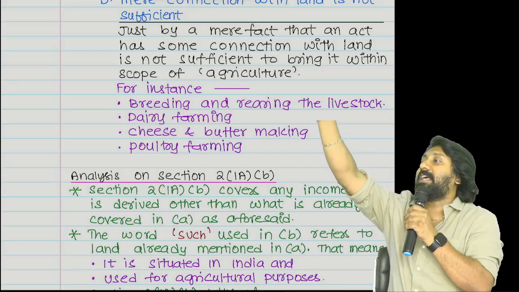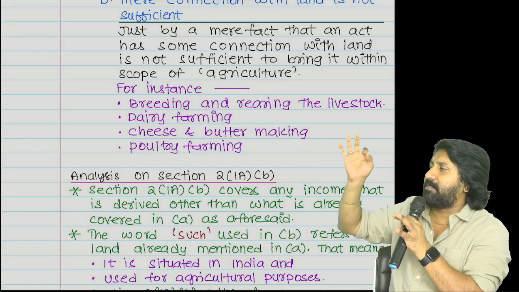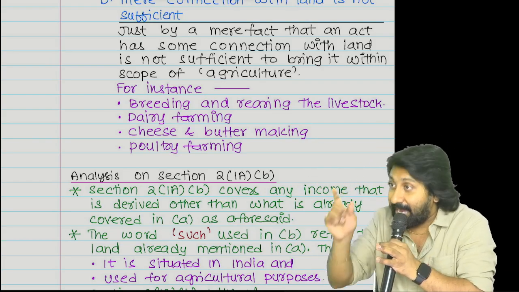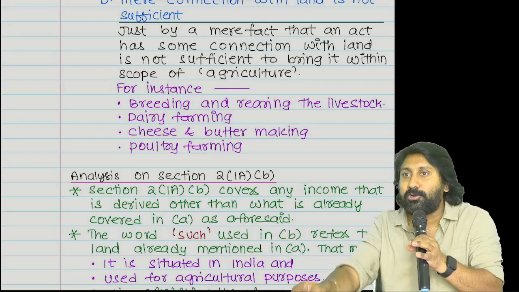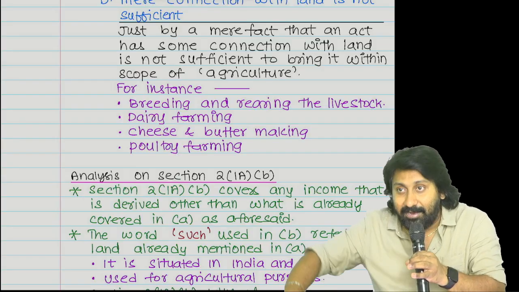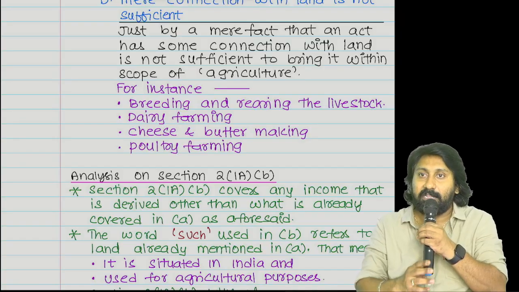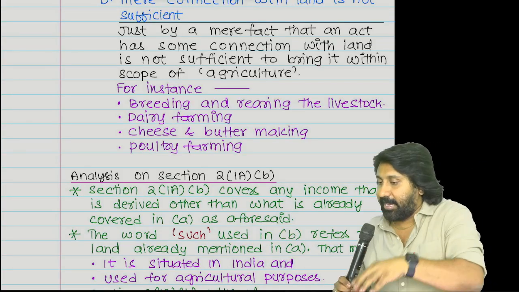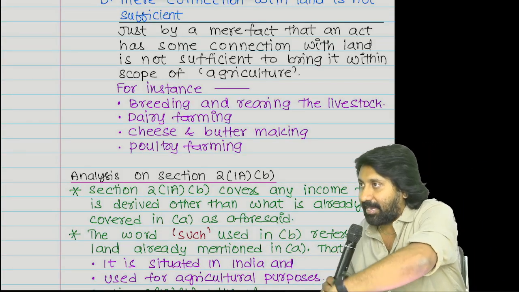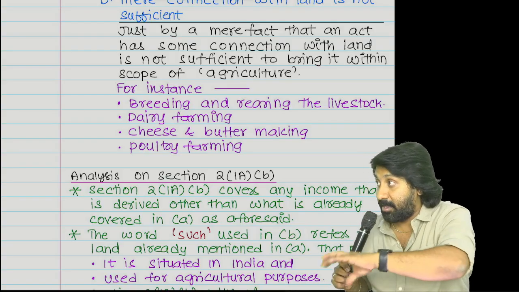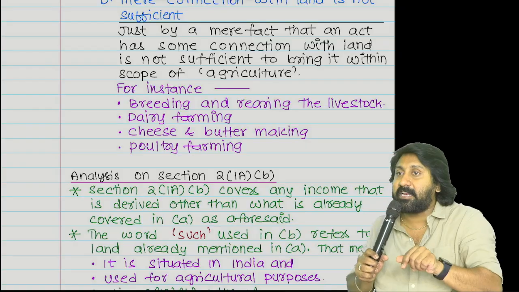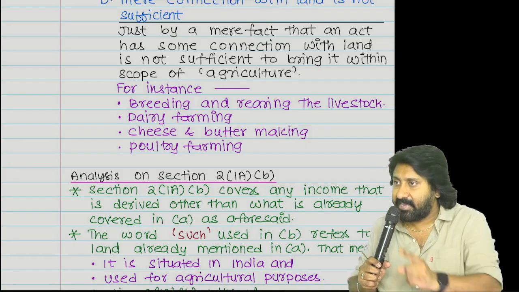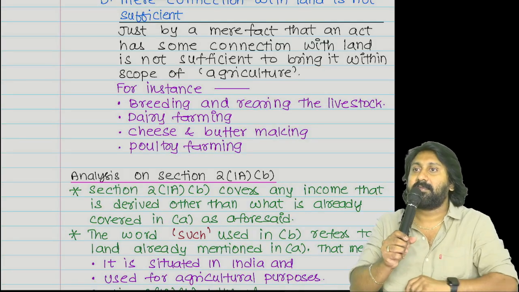So everyone in the class, please answer. To make something an agricultural purpose, the most important concept is land. Something you should do directly on the land. Then I will call it agriculture, or else it will never become agriculture. Sir, if I did not do something on the agricultural land, can it be called an agricultural income or agricultural purpose? Yes, seedlings and saplings in a nursery. That's the only exception. You forgot.